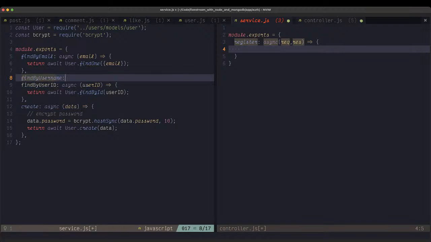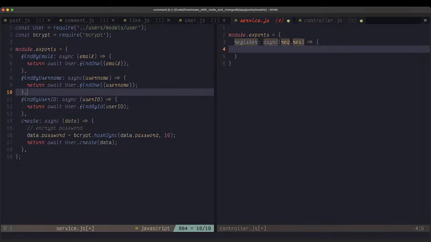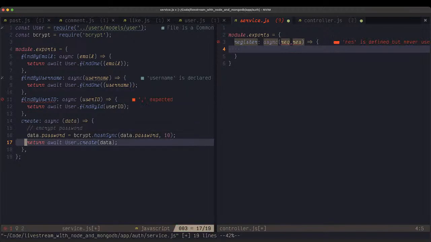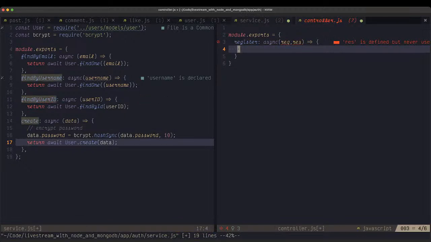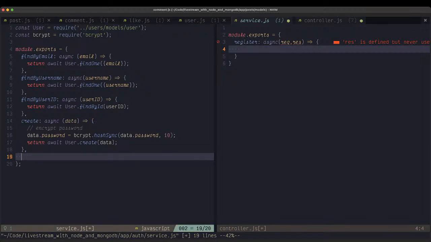Async, username will be the parameter, and return await user.findOne. Now the advantage of using services, right, apart from just using controllers here, is you can actually do numerous things that you want here. Let me show you an example of what you can do. That's kind of like a nifty thing. You can do